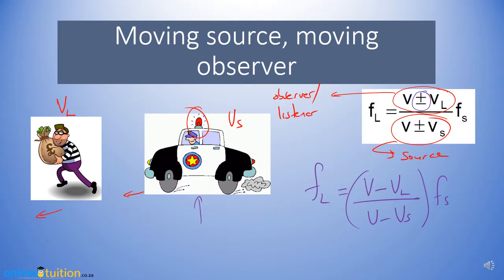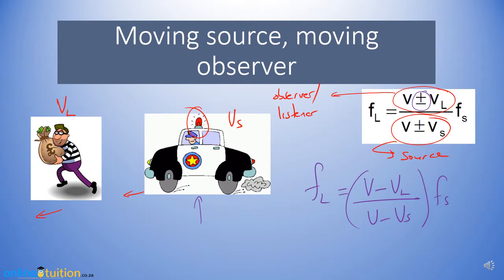So the combination of robber running away and car moving towards the listener actually ends up with a situation like this. And if you put in numbers, like maybe take the listener running at 1.6 meters per second, take the velocity of sound to be 340 and the velocity of the car to be about 340, and say the frequency of the source is 1,000. Put in some numbers and let's basically see what you get. That's the only way you're going to understand this, is by actually playing around with the mathematics,